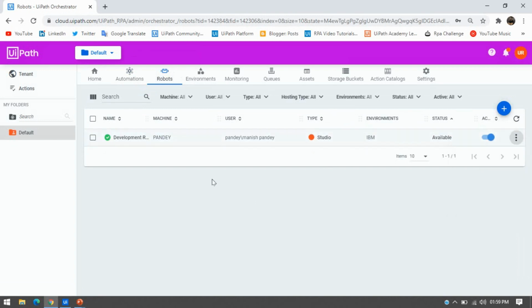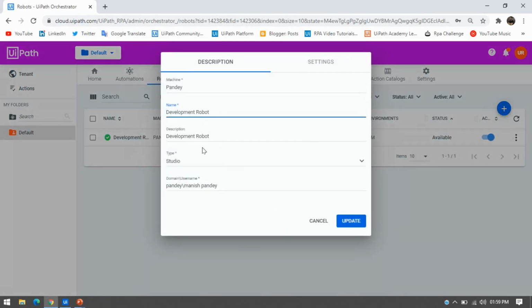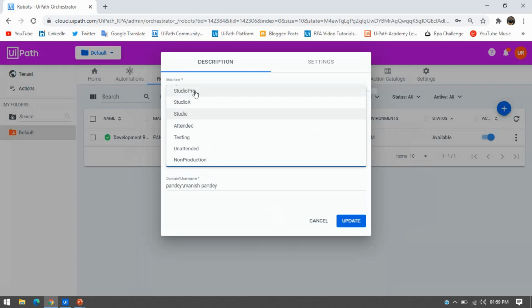Other robots, as per your different Studio profiles, are used.